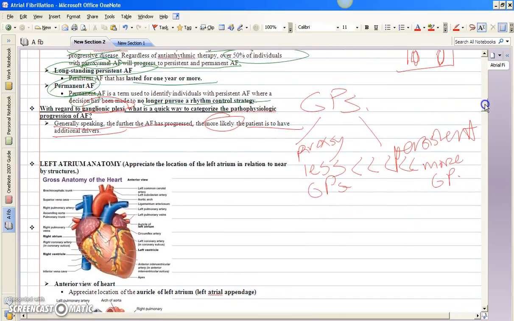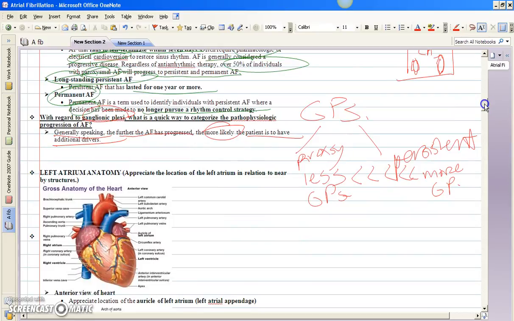Alright, so we covered a little bit about the background, what is AFib, what is the pathophysiology. I'm going to go ahead in the next section and try to cover some of the left atrium anatomy. And why are we covering the left atrium anatomy is probably a big question. When we go in for something we'll talk about a little later with Diana as well, which is ablation, we want to have the most accurate representation of a patient's left atrium. So to do that, we really have to understand our anatomy. So watch out for the next video, and we'll end here.